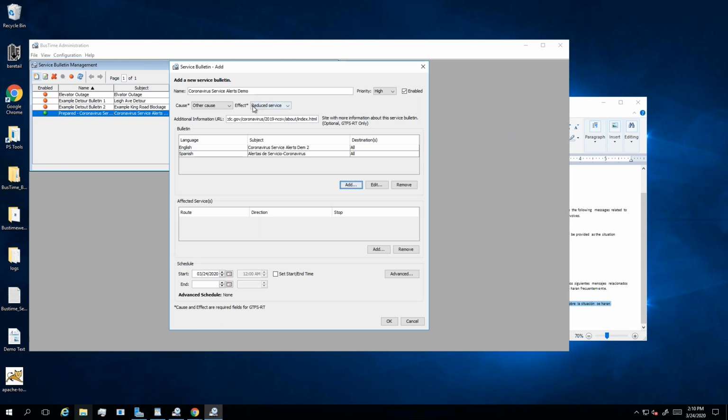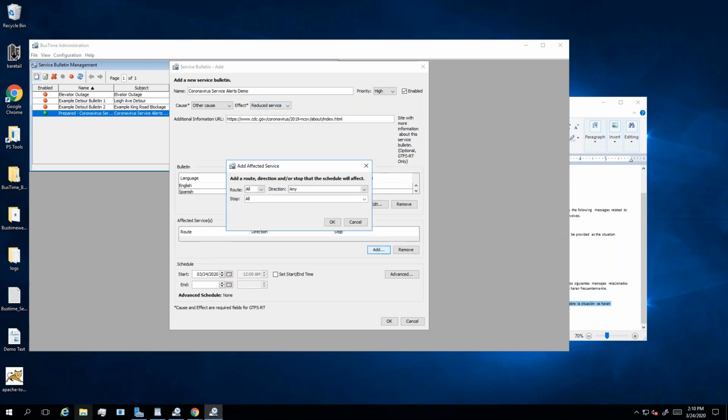So now that the text and destinations are defined, we need to apply the appropriate affected service down here. So given the particular context for why we're chatting today, all routes, directions, and stops would seem appropriate, but I did want to note that these dropdowns do facilitate and support kind of communicating service bulletins to different geographies. So they can be as specific as a route, direction, or stop that's pre-populated from your schedule, or just going to all locations.